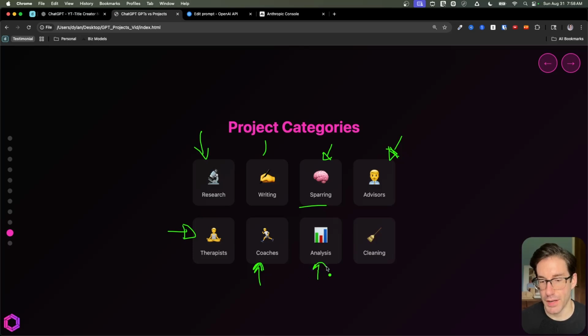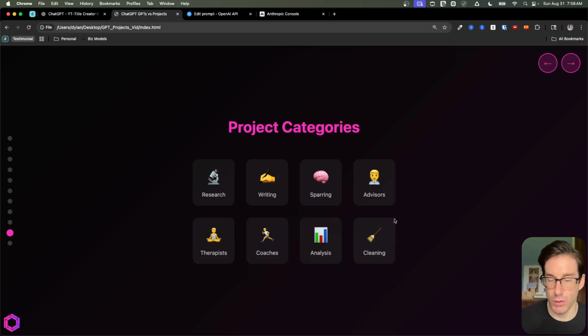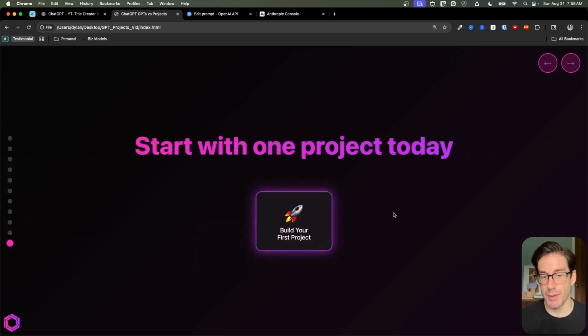You have different AIs that can do data analysis for certain types of specialties and data cleaning for certain data sets that you run through the AI on a consistent basis. Where if you keep dropping in the same file over and over, week after week, it knows exactly how to clean it in the way that you prefer. So these are just a few different ways and categories you can use these specialized custom AIs for. And I recommend trying to make the most out of all of them, which is kind of the main point I want to leave you with, is that I want you to start today.